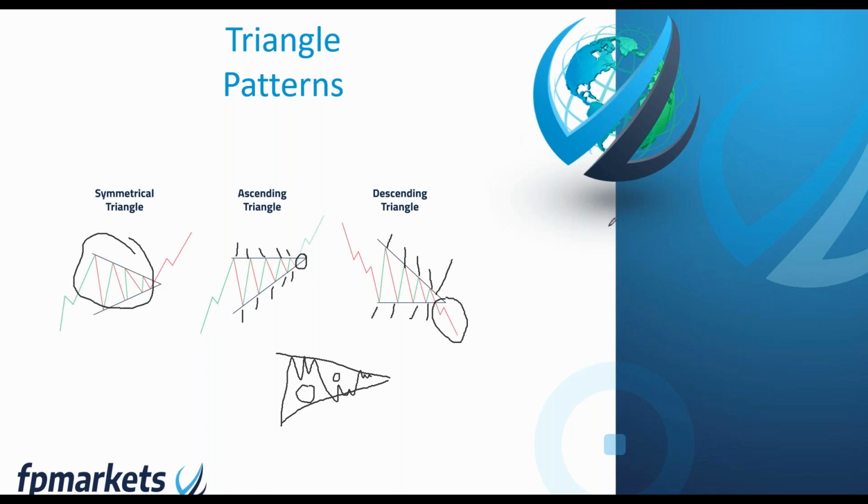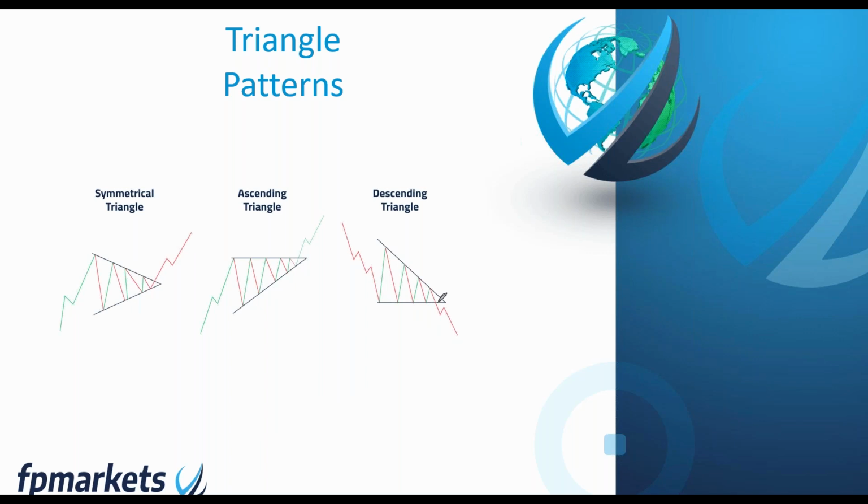Now, let me just erase these drawings real quick and I'll show you what I mean. So for a short position entered here, traders tend to look at these points here, and likewise, for a long entered here, traders tend to look at these points here. Now, again, guys, as I've said throughout this presentation, I would always recommend looking at surrounding price structure, not just placing your stop willy-nilly behind the ascending lines and descending lines, and the same goes for the symmetrical triangle as well.